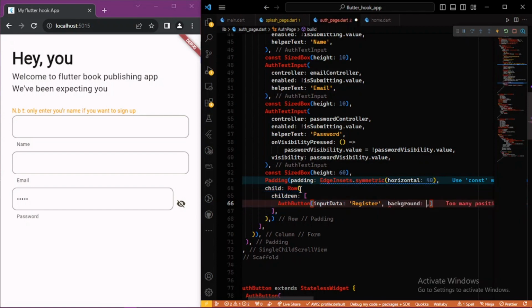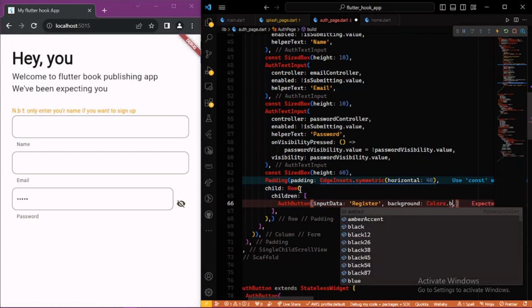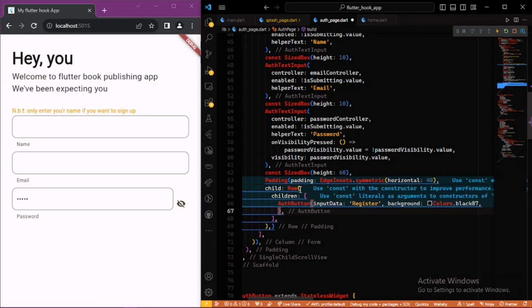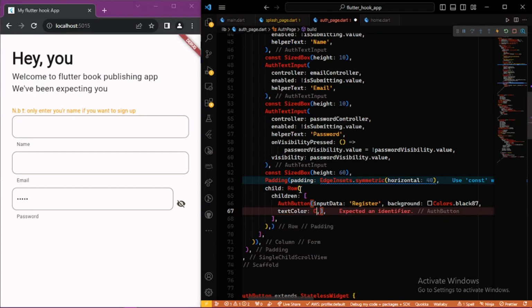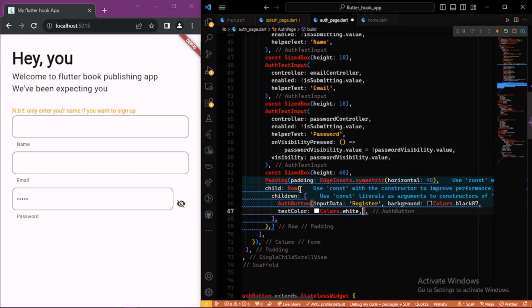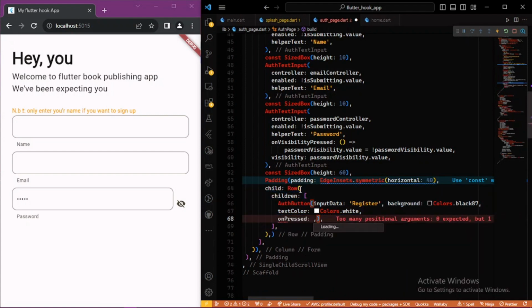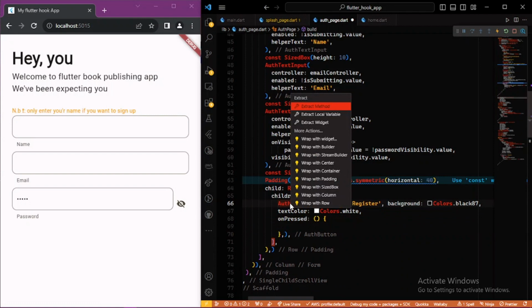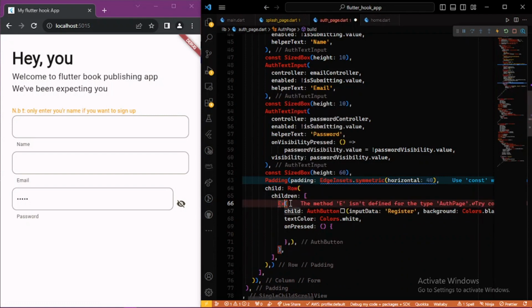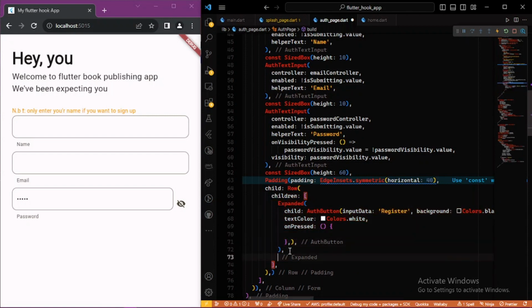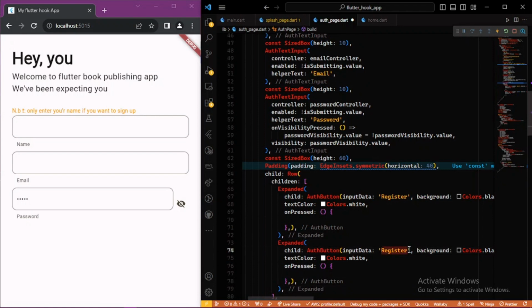Now the background color, this is the reason why I changed it. So Colors.black87, text color, so Colors.white, and onPressed we haven't created yet, so let's just leave onPressed. Now let's make this expanded, since we're creating 2 buttons, so they can both take equal space. So let's just copy this, paste it down here, and this will be sign in